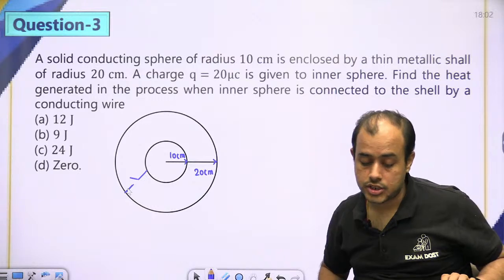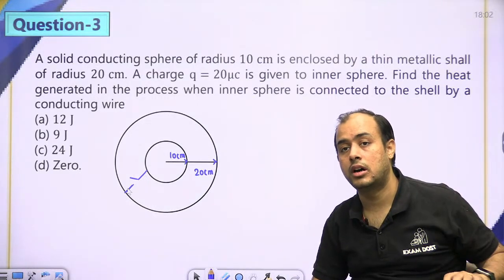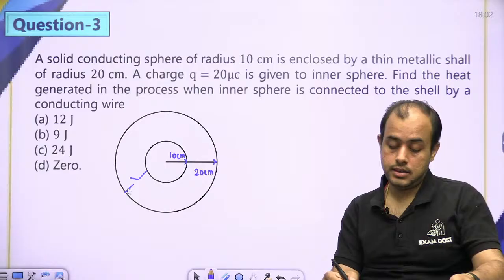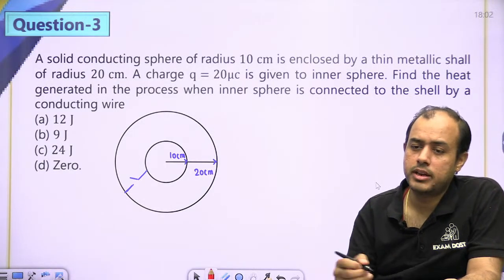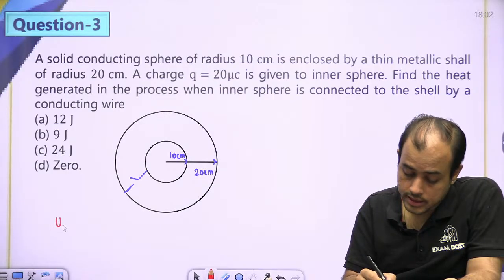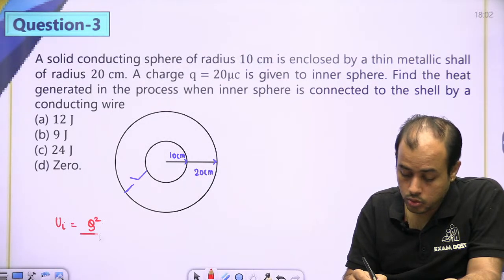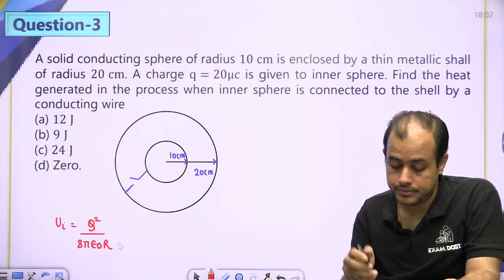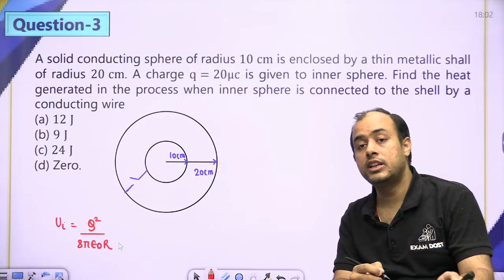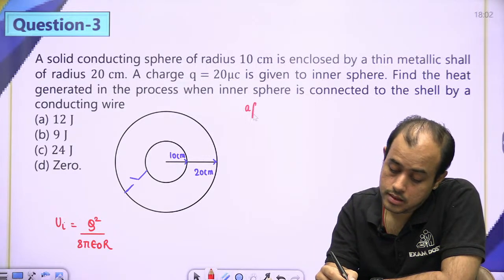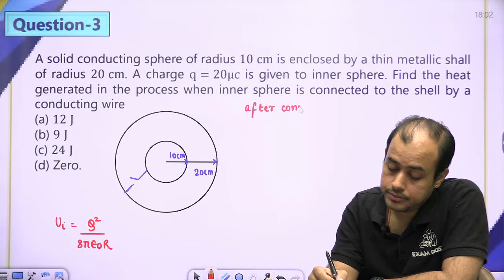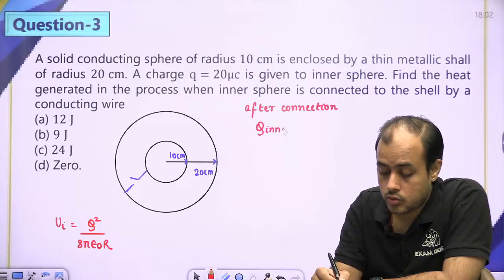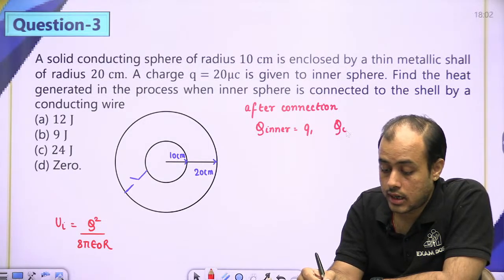Okay. Now initially beta, when we give a charge of 20 microcoulomb to the inner sphere, the initial energy will be Q² ... ये मैंने बताया था ना, सेल्फ एनर्जी ऑफ अ कंडक्टिंग स्फीयर, this is the initial energy. Now when you connect them, after connection, charge on the inner sphere is Q1, charge on outer will be Q2,